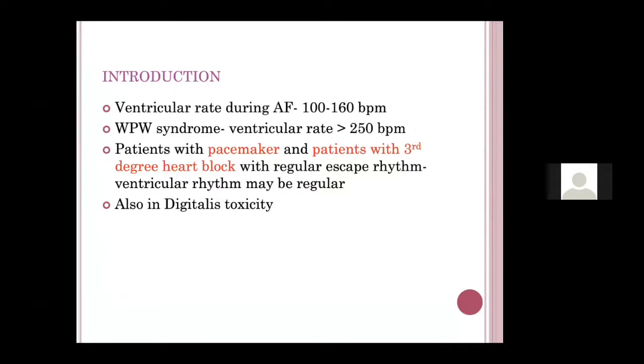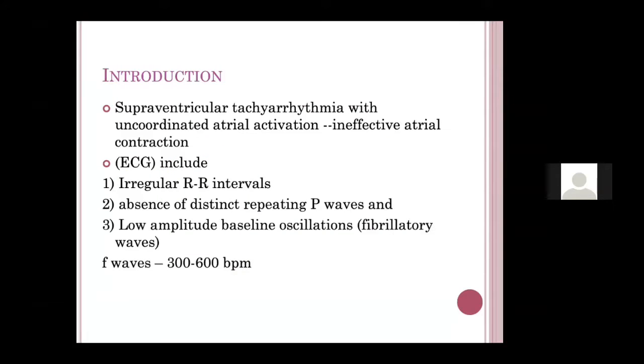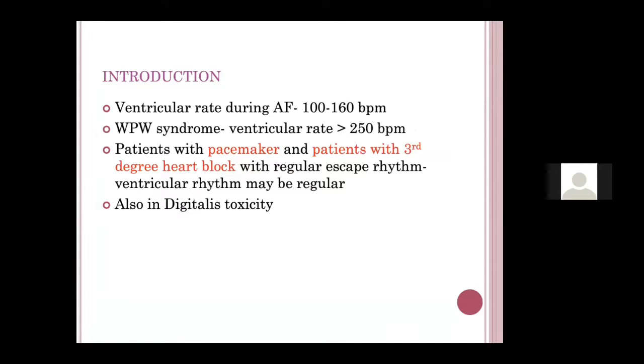Now, as we know, the atrial rate is very high in atrial fibrillation. It's around 300, and can sometimes rarely go up to 600 beats per minute. However, the ventricular rate is what is important. The ventricular rate in AF is usually between 100 to 160, and anything more than 100 is called atrial fibrillation with fast ventricular rate, and anything less than 100 is usually atrial fibrillation with slow ventricular rate. However, there is a variant of AF, which is WPW with AF.